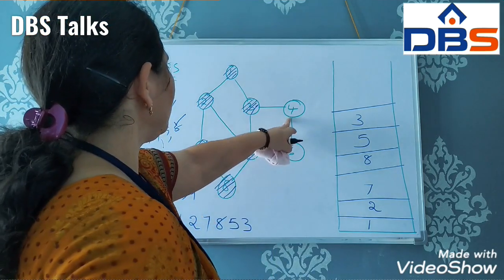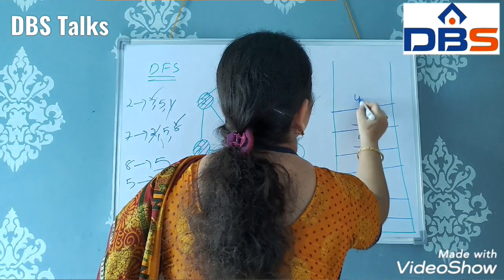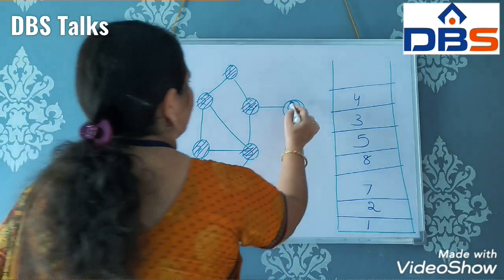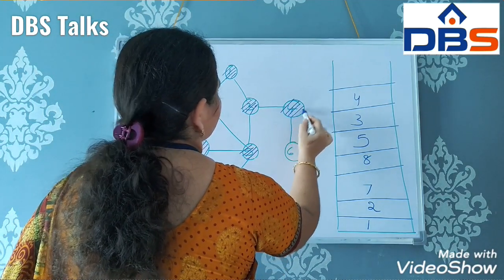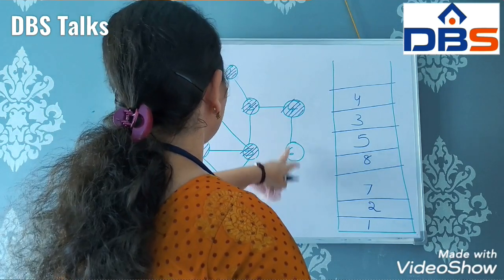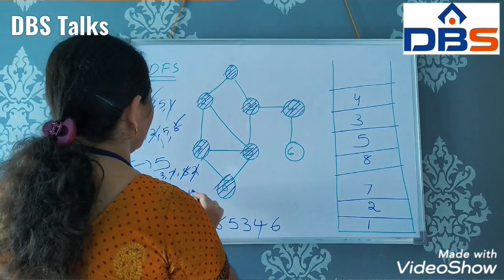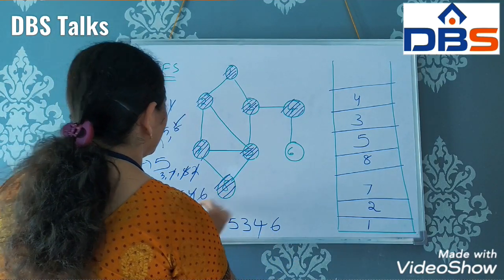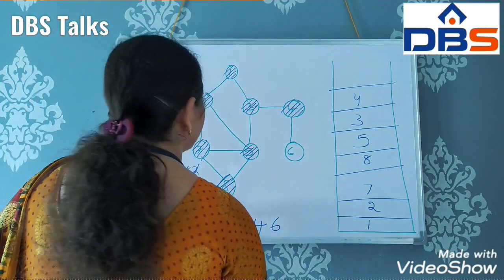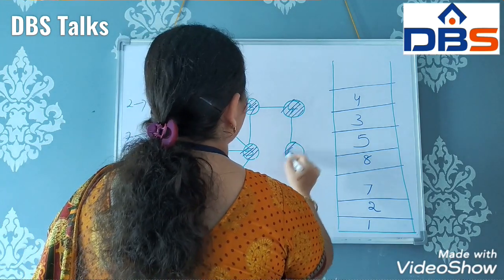Now what remains? 4. 4 is remaining, so we need to push 4 on top of the stack. Next, 4 is also visited. What are the adjacent vertices of 4? It has only one, that is 6. 6 also has to be visited, so that is also printed here. So our answer is this. What are the adjacent vertices of 6? 4. 4 is also